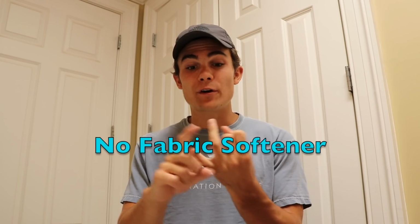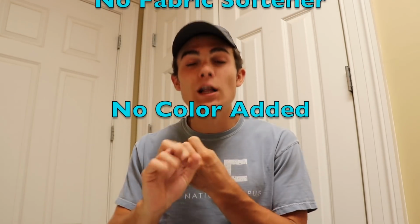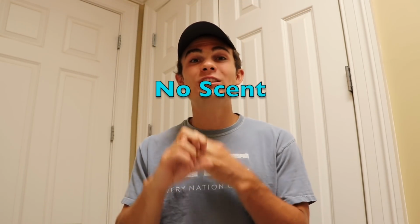I go for the detergent that has no fabric softener, no color added, and no scent added. And that's the most basic detergent you can get, right? It's going to be pretty much the cheapest one you can buy, which is great, but it also works great. I'm not looking for my towels to smell good. I'm not trying to put fabric softener in them. Those things have a tendency to almost limit the lifespan of the microfiber towels,